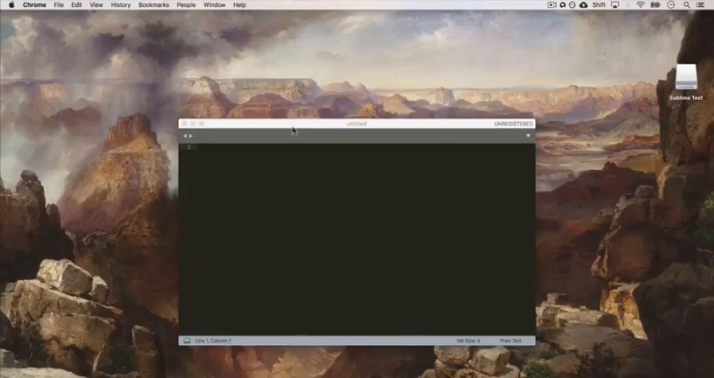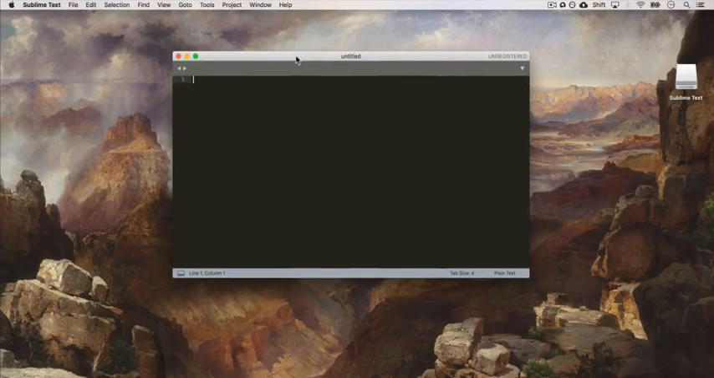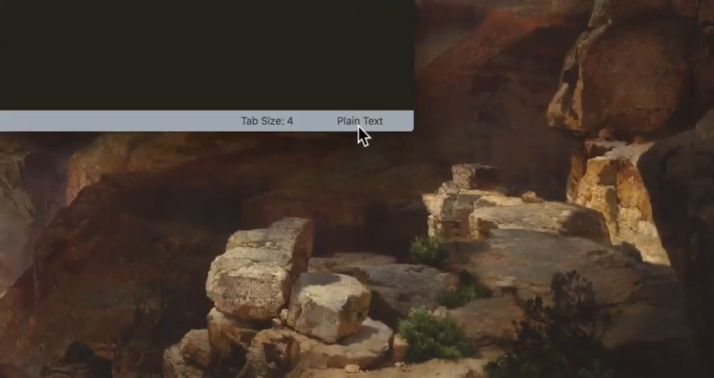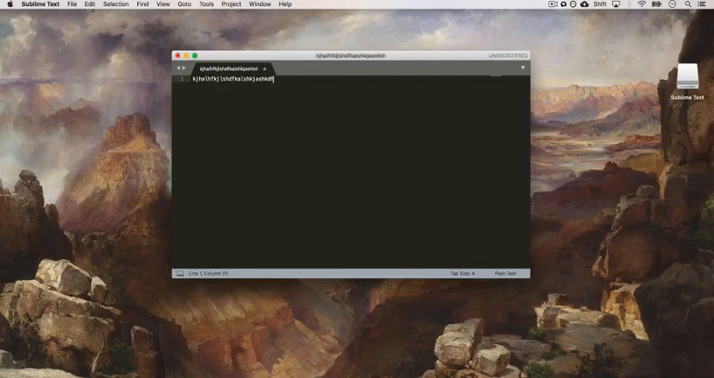We have Sublime Text. Now, what is a text editor? A text editor is a program that allows us to write code. You can see over here on the right-hand side of Sublime Text that it just says plain text. So I can type anything that I want, and there's nothing much different than if you wrote this in Word